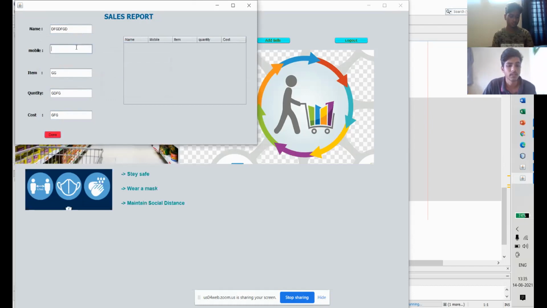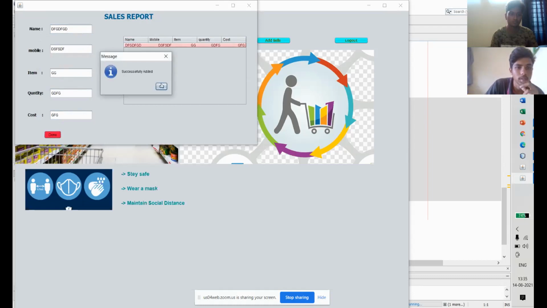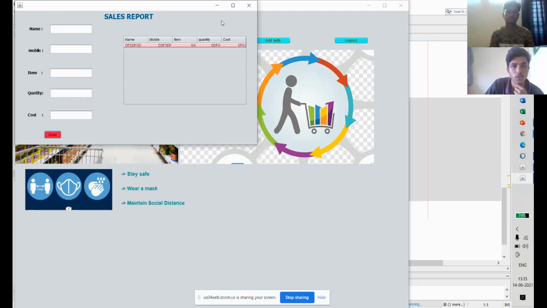If we enter all the data and click done, it shows the successfully added page, and it is stored in this table. This is the sales report of the add sales option.